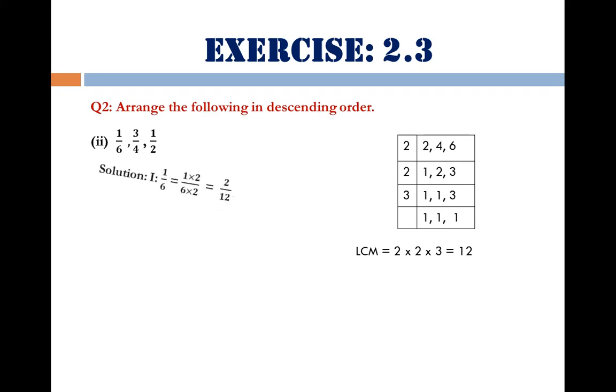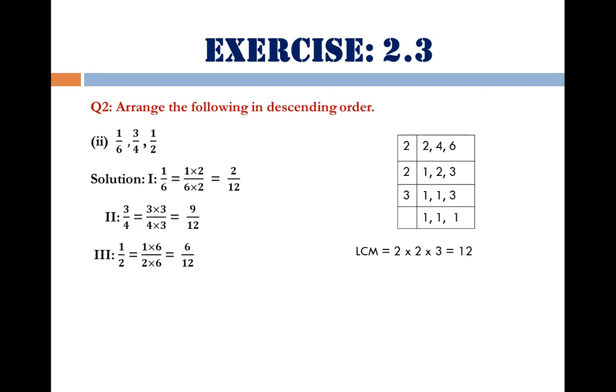This means in the solution we will make each denominator equal to 12. Solving the first one, considering it number 1, 1 over 6 can be converted into denominator 12 as 1 multiplied by 2 over 6 multiplied by 2. It becomes 2 over 12. Now taking the second value, that is 3 upon 4, to convert the denominator 4 into 12, we need to multiply by number 3. So multiplying by 3, both places, numerator and denominator, we have 9 over 12.